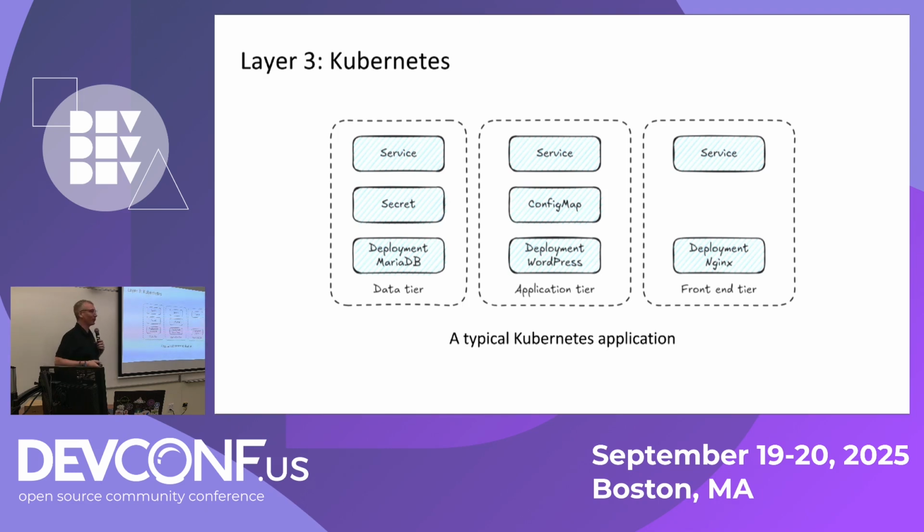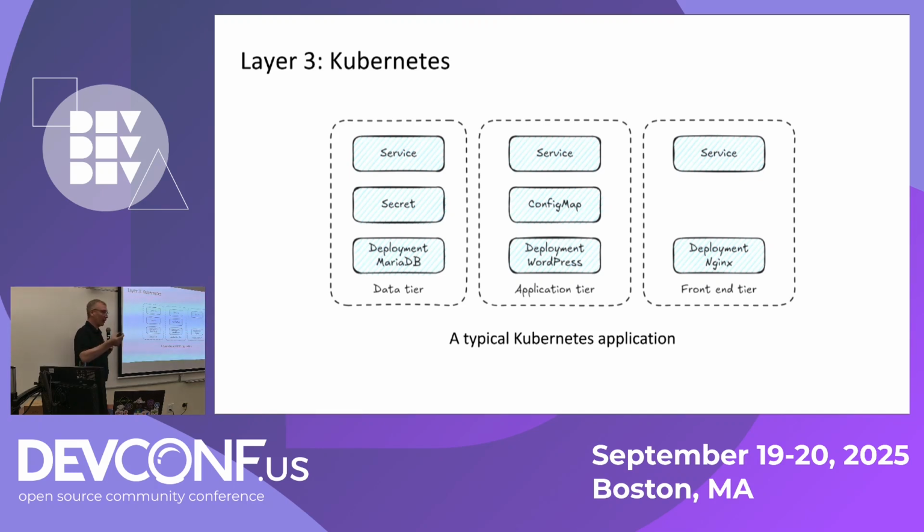I know there are probably some questions about building, but I'm running short on time, so I'm going to carry on to layer 3, which is Kubernetes and Kubernetes YAML. A typical Kubernetes application contains a bunch of YAML files. It defines higher level objects that are services. It's got secrets and config maps, etc. But I'm going to focus on the deployment, replica set, pod. Kind of the motor of a Kubernetes object is the thing that's going to run a container,